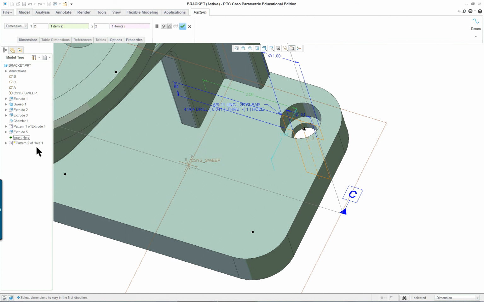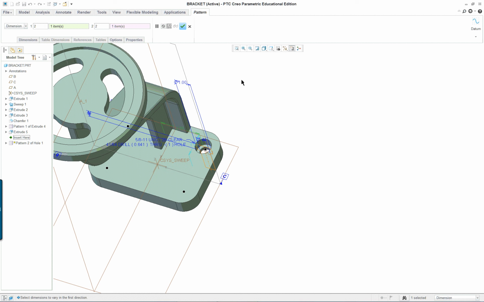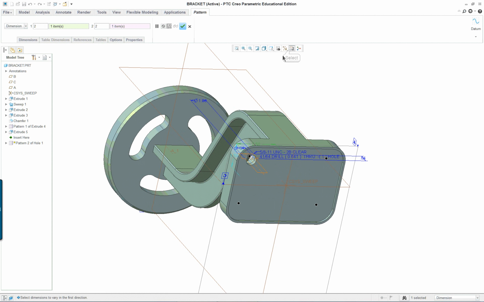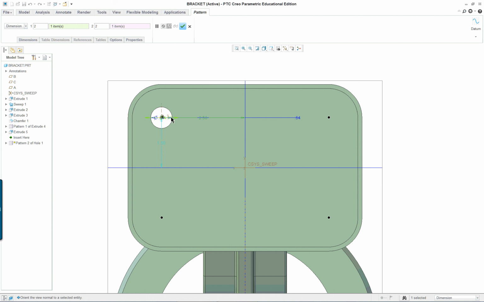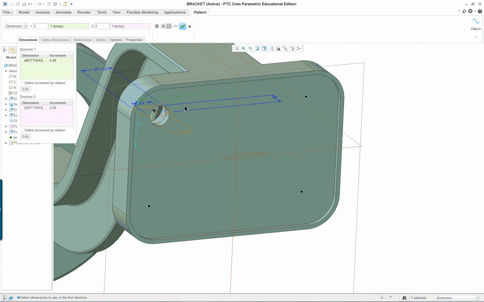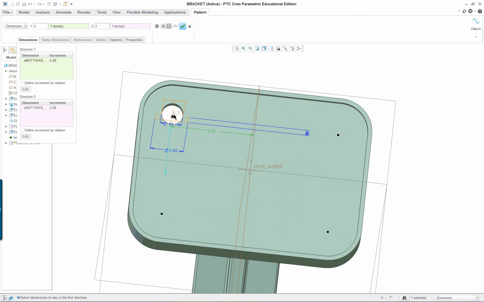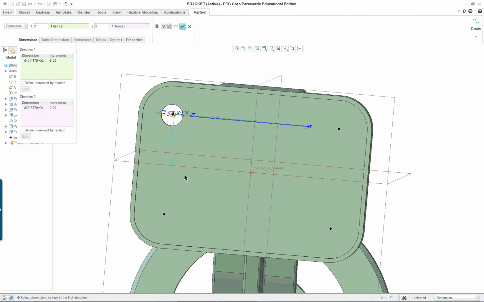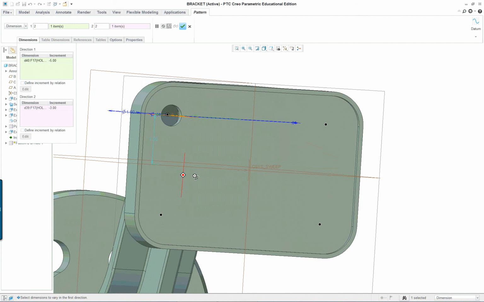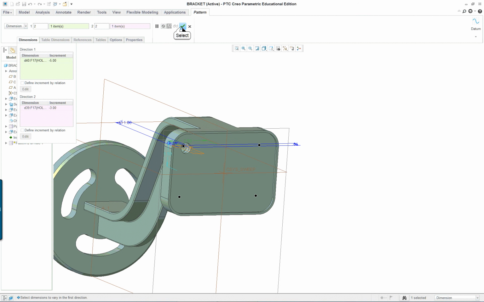And let's look at the pattern, complete the project. So there's my pattern, and I'm going to select view normal so I can look into this directly, and we'll see that the pattern dimensions are -4 and -3. So it's a dimensional pattern. So -4 and -3. And that completes